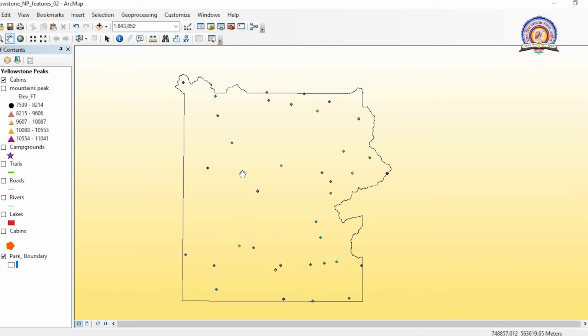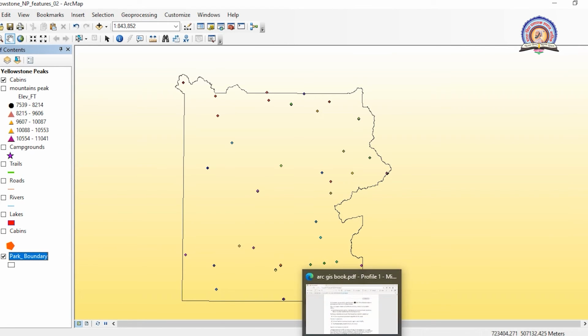Okay. Now see, we all know that from school onwards, we have to stand height wise so that each and every student is visible from the front. The same thing happens with GIS also. For example, the park boundary layer is the biggest layer and inside that all the layers are present, so we have to keep that layer at the bottom. That is called ordering. If we keep that layer above, in that case we are not able to see the others. Okay, that is why we have to keep the layers in the proper order. That is called ordering of the layers.